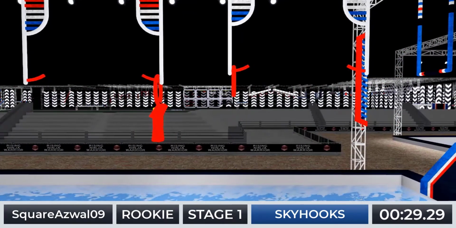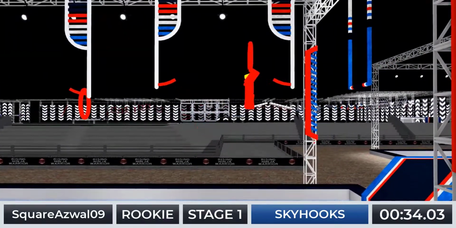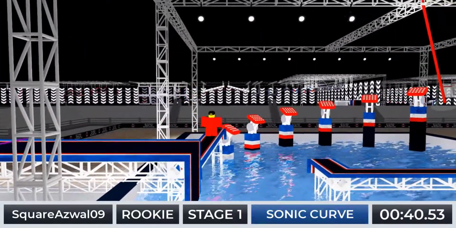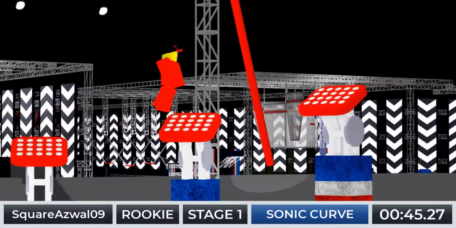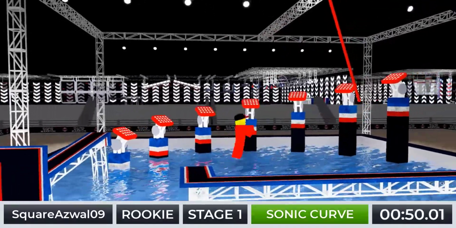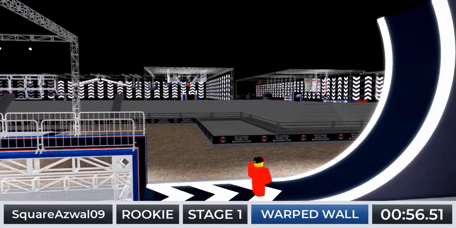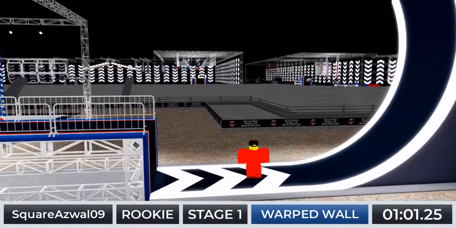And Square maybe on pace as well. Onto that final transition here on Skyhooks, taking a bit more time on Skyhooks than Kurumi did. He's about, I believe, 5 seconds behind her time to this point in the Sonic Curve with 50 seconds left on the clock. And yeah, still 5 seconds behind Kurumi's time, and there's really not any spot right now to make up that amount of time. As she was pretty much perfect on every obstacle throughout this course, and yeah, he's not gonna get the fastest